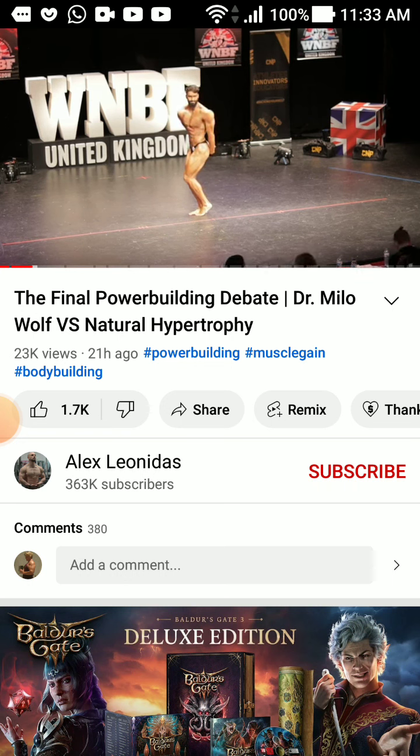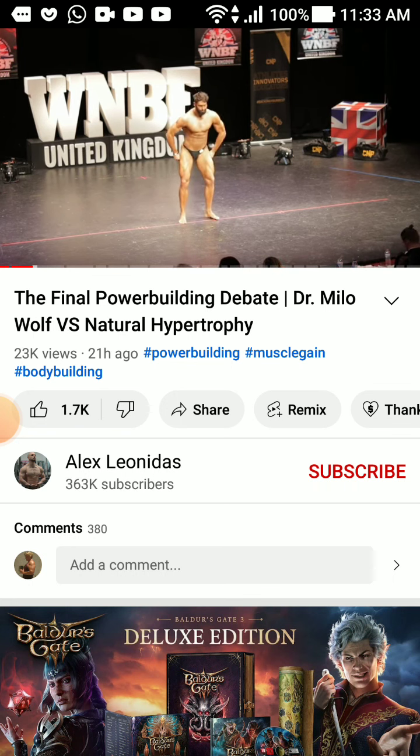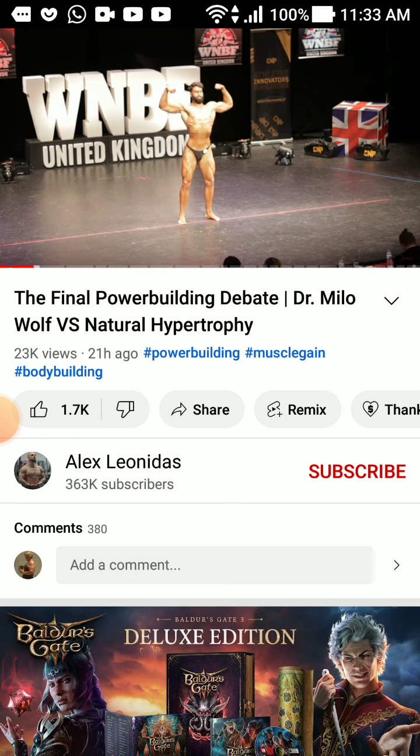I'll kind of break them down and point out where the research suggests that there is a difference in how you should train to gain strength in the powerlifts versus how you should gain muscle. So the volume that you benefit from for hypertrophy and strength, as in number of hard sets per...